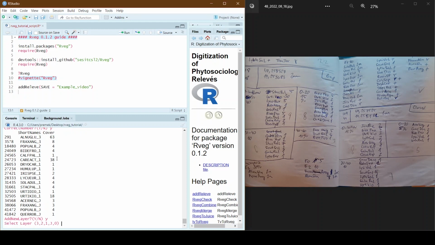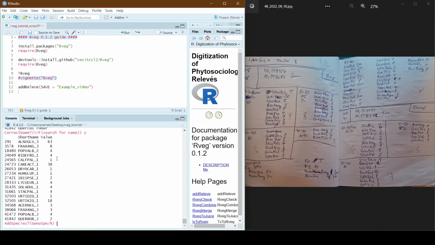So for example, I see the juvenile for the Quercus is too low, so I can change it to a plus.